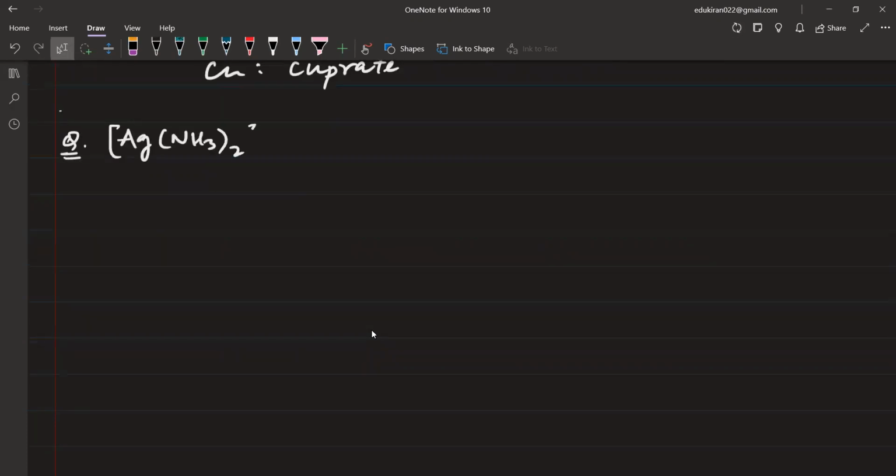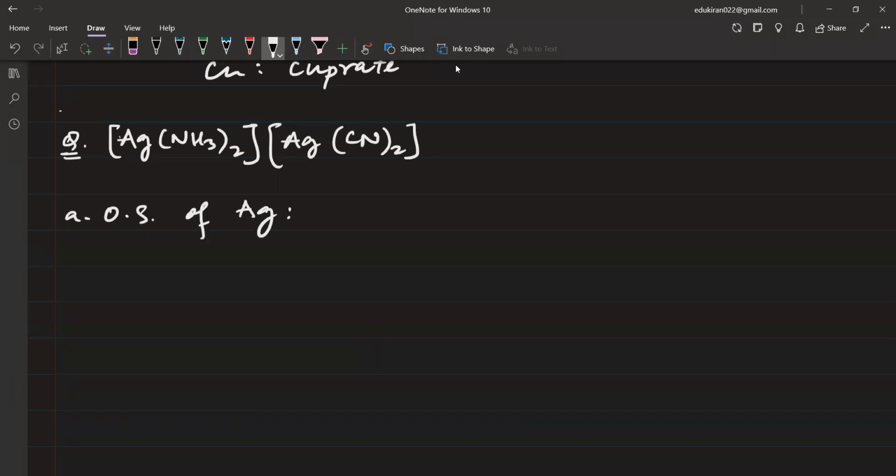Ag(NH3)2 whole, and the counter ion is also a complex ion in which we have Ag(CN)2 whole. Okay, please see for this one. In this case, since you don't have any counter ion, you will start here. You can see that both of these are complexes. So first of all, you will start with the oxidation state of the metal, that is Ag. So first is oxidation state of